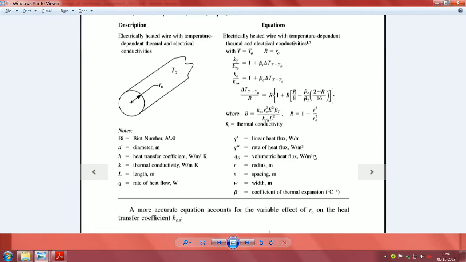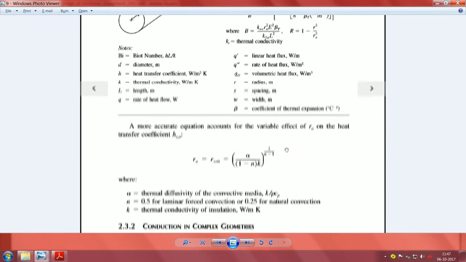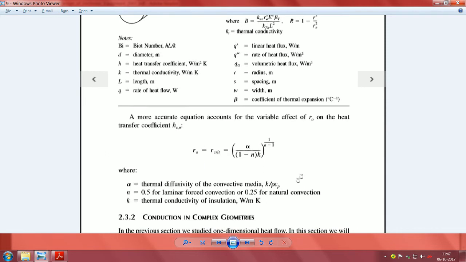All that Q and Q square, volumetric heat flux and area heat flux, then normal linear heat flux, all of them, and then there is also a coefficient of, things are all have been solved,